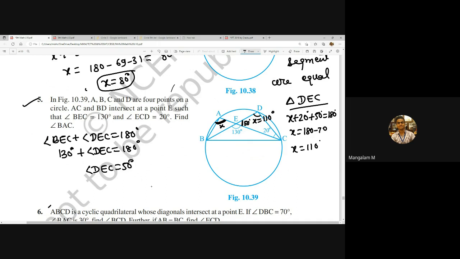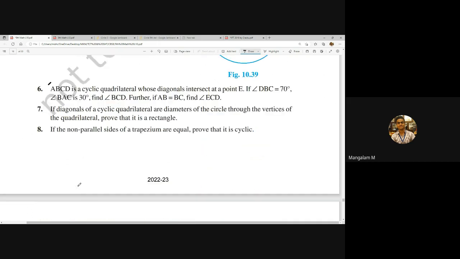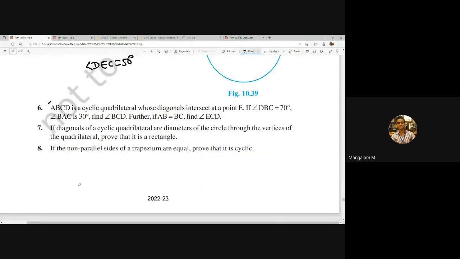So angle BAC will also be 110 because we know that angles on the same segment are equal. Here, in this case, BC is a segment, and BAC and BDC are the angles on the segment BC. So similarly, you can prove